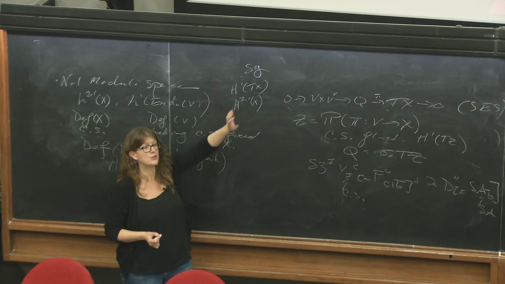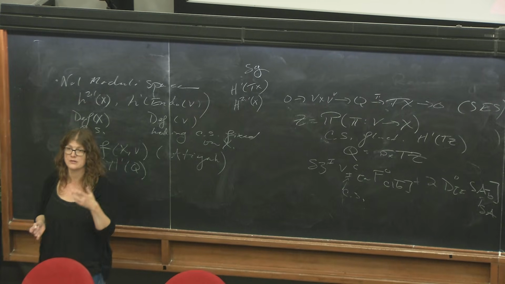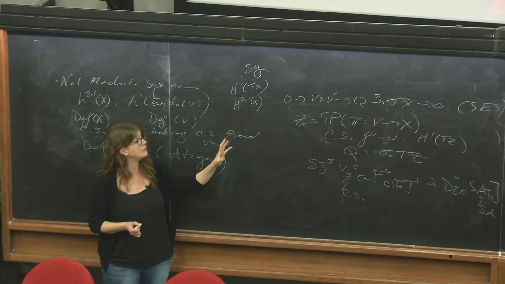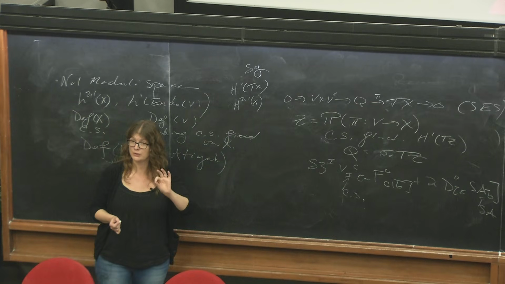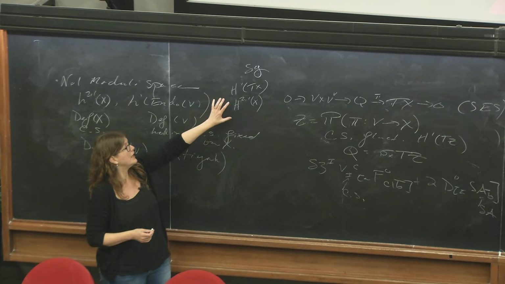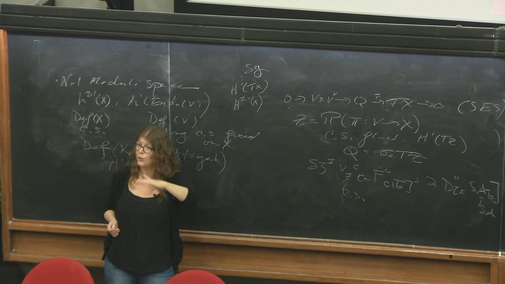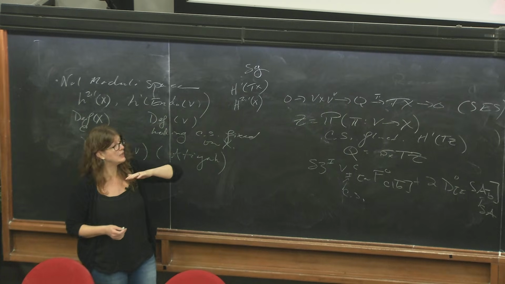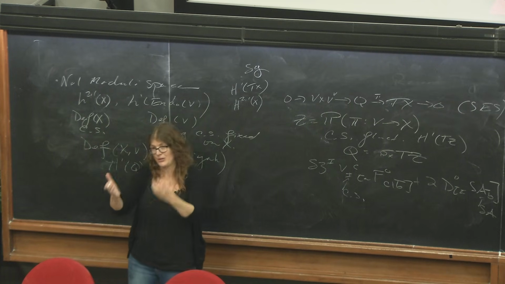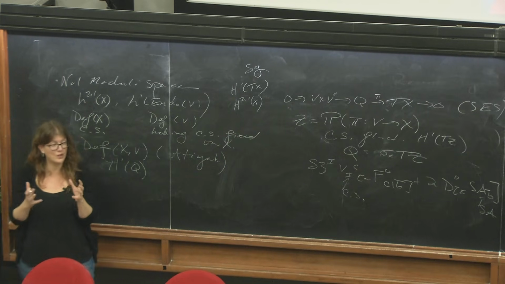Now you can ask, if I were to do it to all orders, what would happen? And this was studied by mathematicians. This is a theorem by Tian and Todorov. And they showed that order by order, if you were to keep first order fluctuations, second order, nth order, the first order fluctuations are never obstructed. So the first order answer is the whole answer. So this tells you that the Calabi-Yau moduli space, and this underlies the special Kähler geometry and hyperkähler geometry, all this cool stuff that we use in the n=2 context,